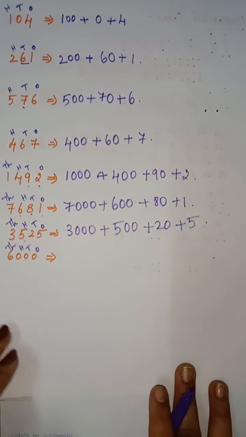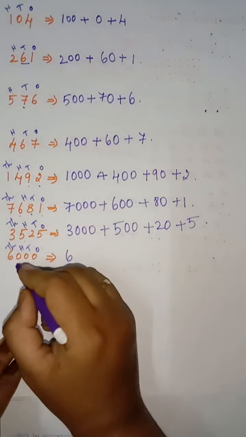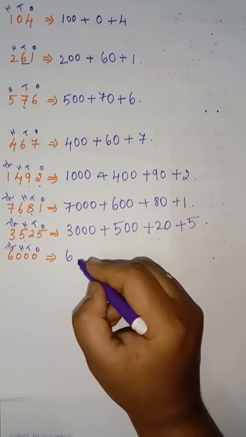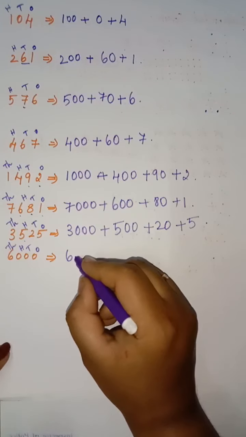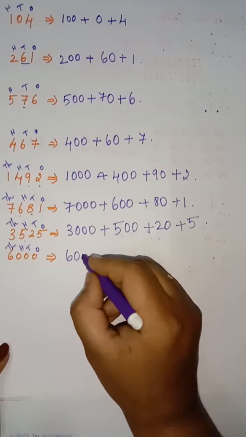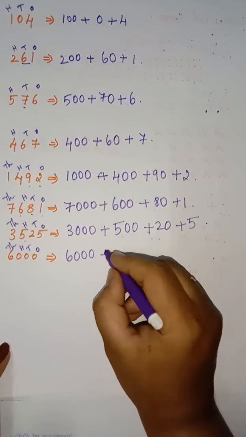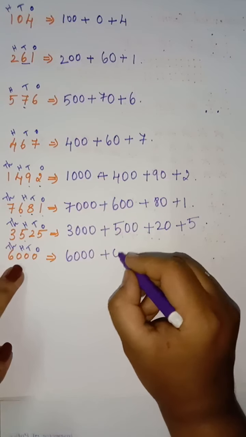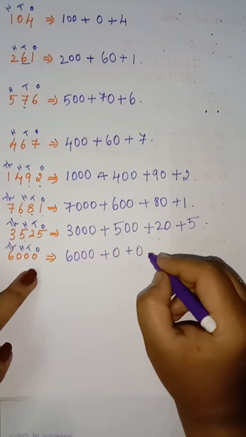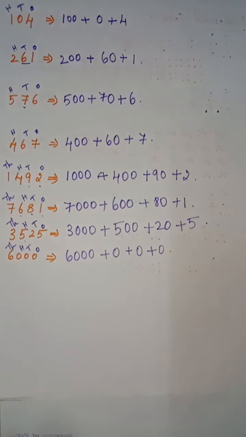Okay, next the last one, that is ones, tens, hundreds, thousand. Okay, now first is what? The 6. For 6, what is the place value? That is 1000. So 1000 means how many zeros? 3 zeros. 1, 2, 3. Clear. Next one is 100 0. Next 10 0. Next one 0. That's all. Clear, students? Can you understand?